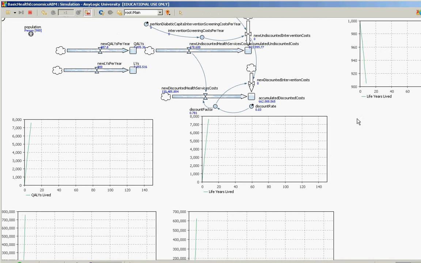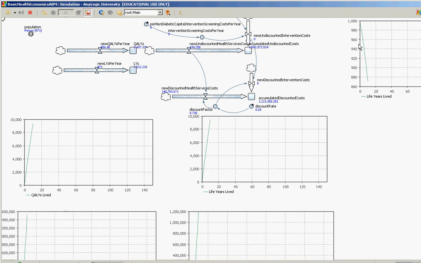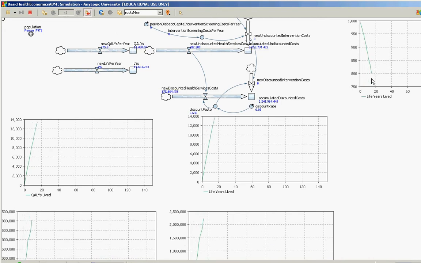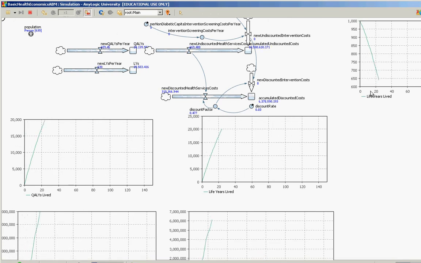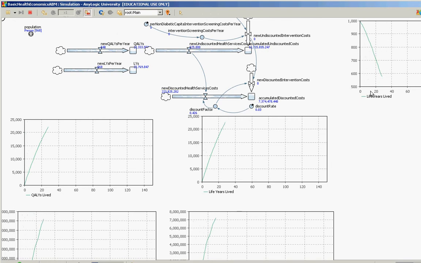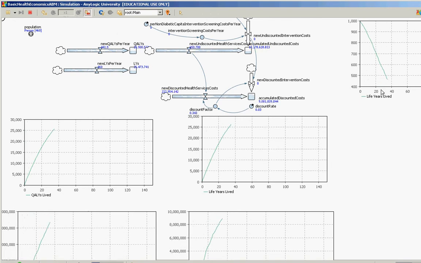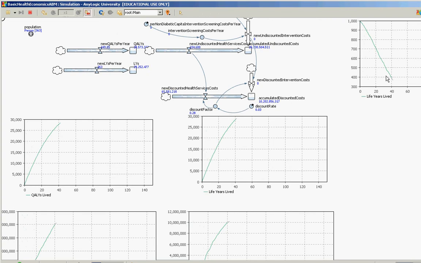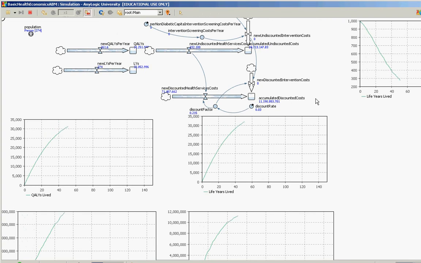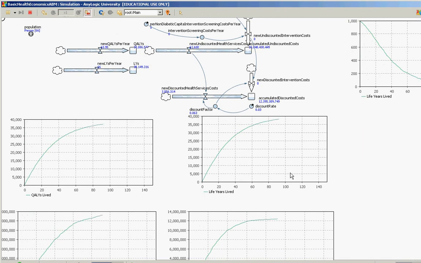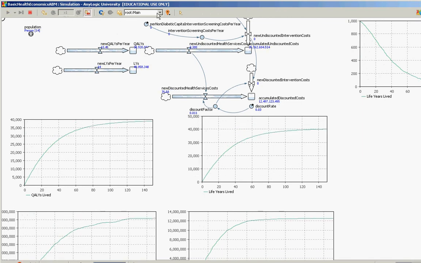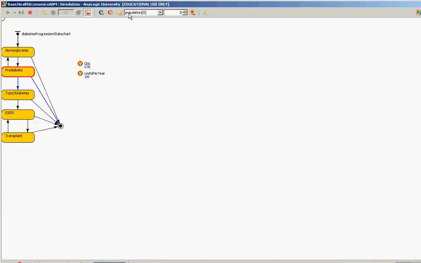And as the number of individuals in the population declines due to deaths over time, we're following a cohort here. We could very easily add an open population where people are coming in. There's nothing privileged about the cohort, but for simplicity, we used a cohort formulation. We didn't have births. And as the population declines over time due to aging, at the individual level, people progress through these states, for example, this individual being in a pre-diabetic state,